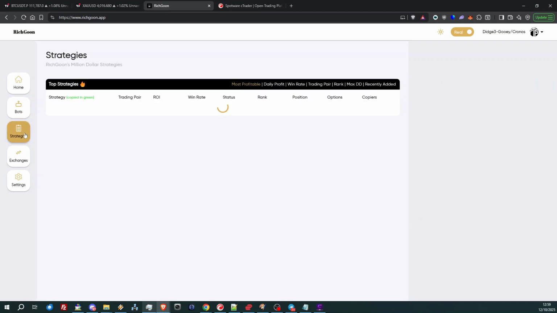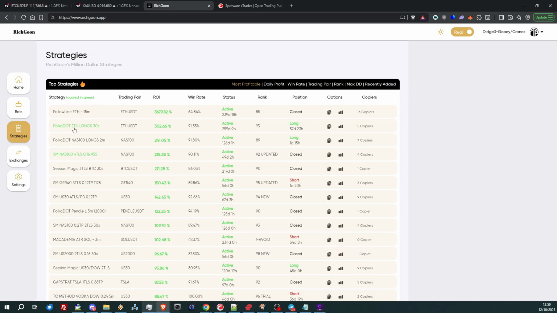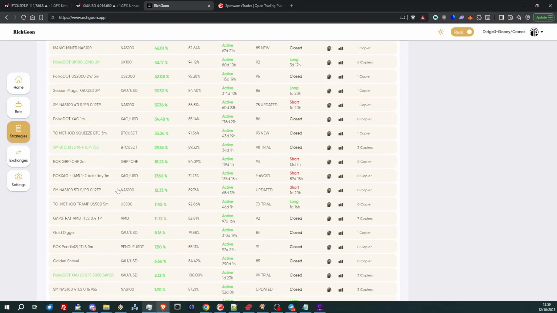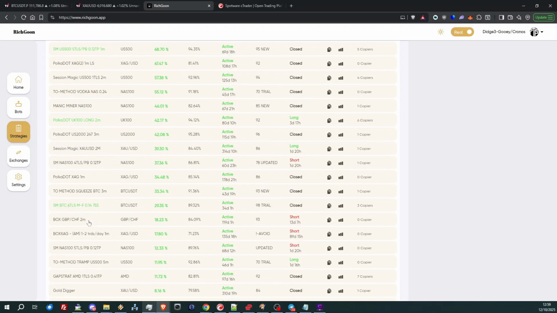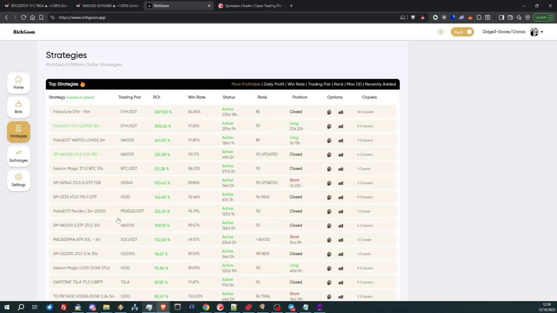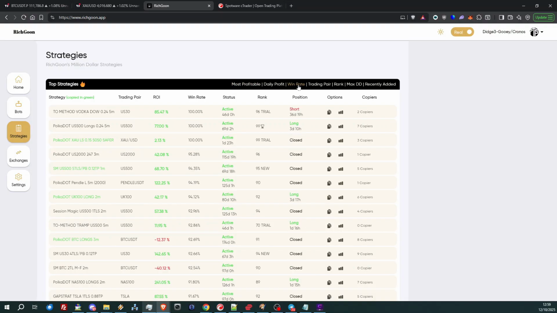So going back to the strategies, you can also see the bots that you've got active by this green marking on the strategy. So you can see all the ones that are active there. You may want to keep an eye on the actual win rate as well. So if you click on win rate, this tends to be a more reliable indicator than most profitable, because the profit can depend on the arbitrary margin that we've entered in,